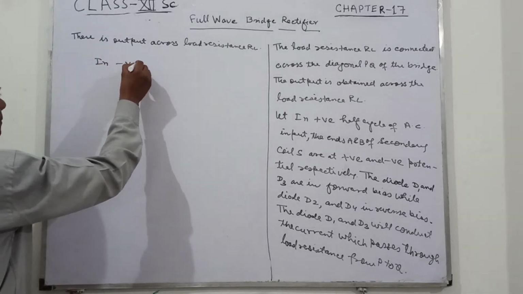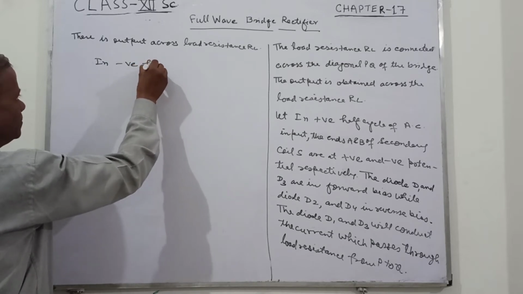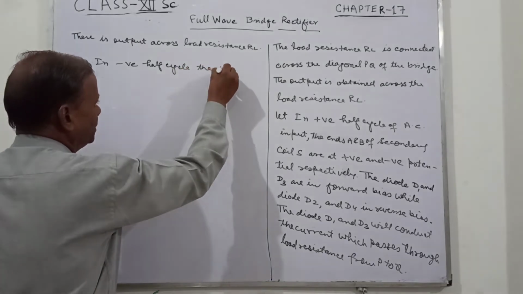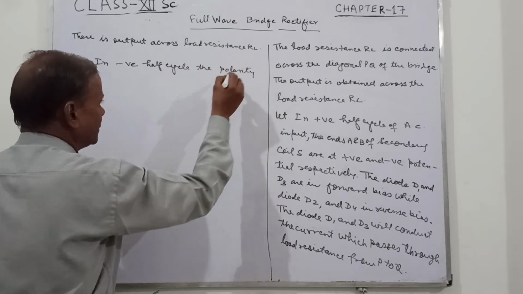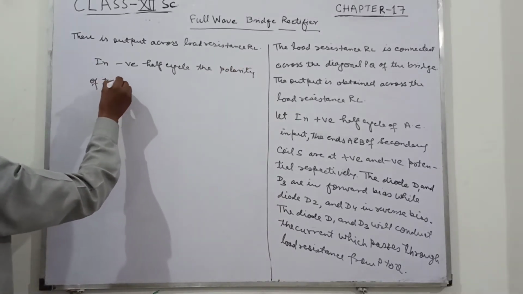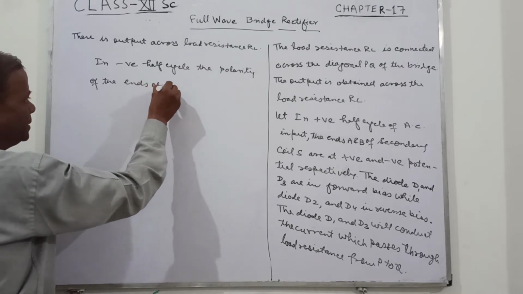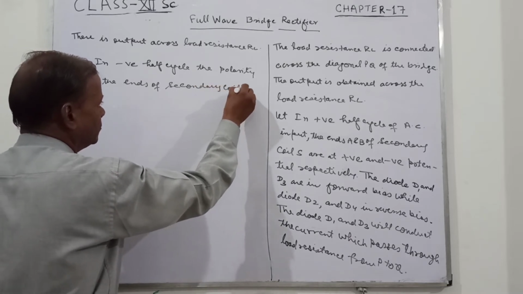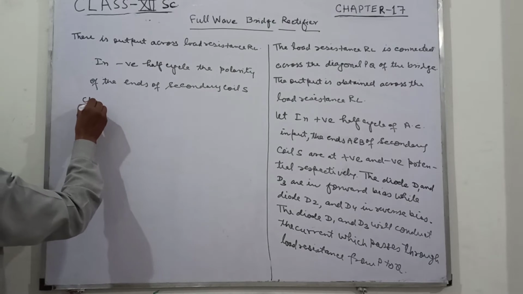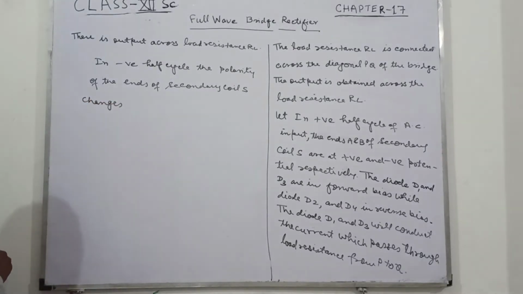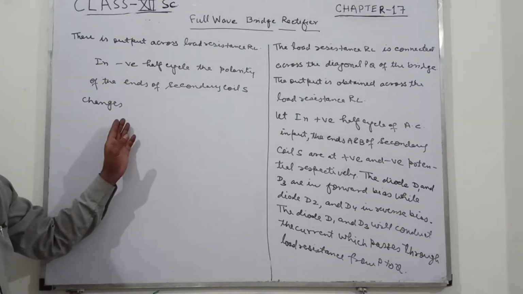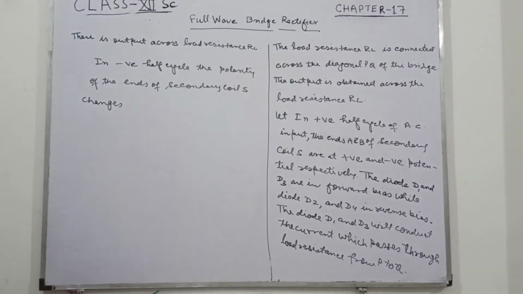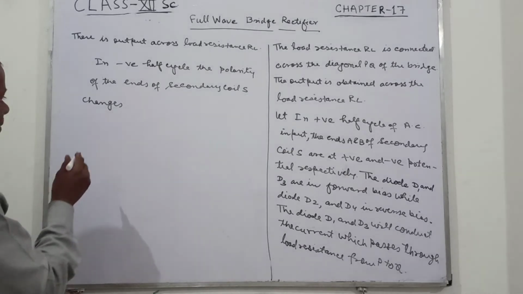In negative half cycle, the polarity of the ends of secondary coil S changes. It means that the ends A and B will be at negative and positive potential. In the negative half cycle, the polarity of the ends of the secondary coil changes, due to which